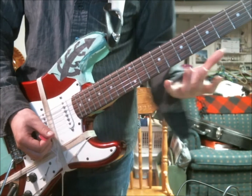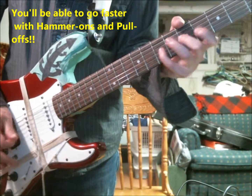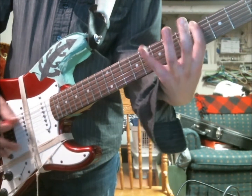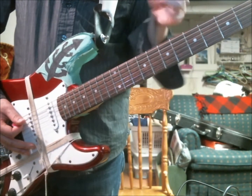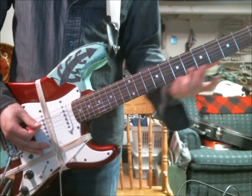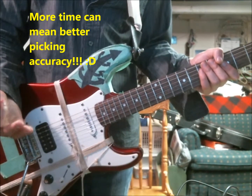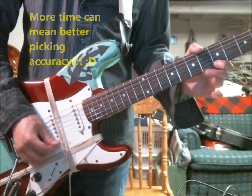So the idea behind this, you can do insane stuff, something like that. But it's sort of the same thing. I'm just doing that sort of thing. Now that's something I'll address in a different lesson, but the idea behind it is that it becomes really, really easy, and gives you enough time to ready your right hand, or your left hand if you're a lefty, but your strumming hand, while you're...